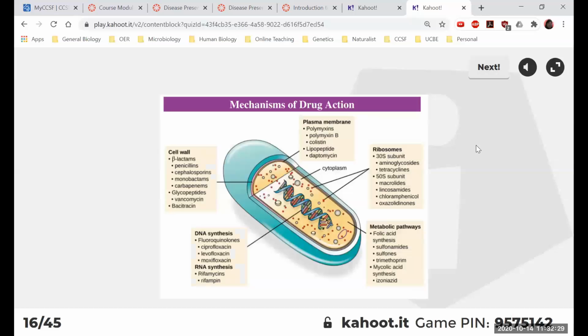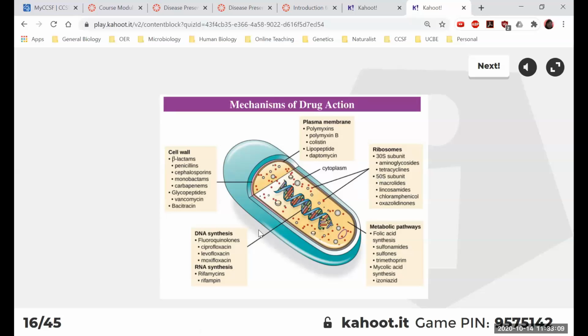And then this is just an overview, basically repeating the information. You can see that there's actually a whole bunch of drugs that target cell wall, including penicillin and cephalosporin, which we just talked about. And actually both of them belong to beta-lactam drugs. We'll talk about beta-lactam in a minute. And then we have drugs that target the ribosome. So remember, ribosomes have a large subunit in bacteria, that's the 50S subunit, and the small subunit is the 30S subunit. So different drugs will actually target either the small subunit or the large subunit.